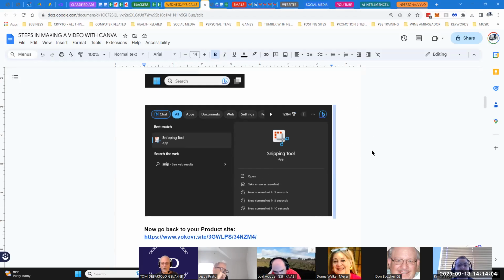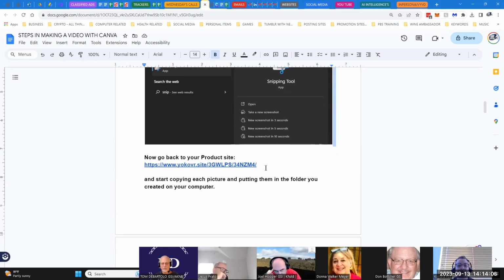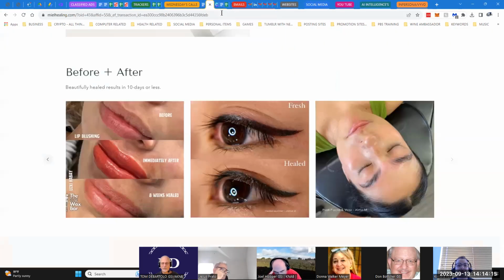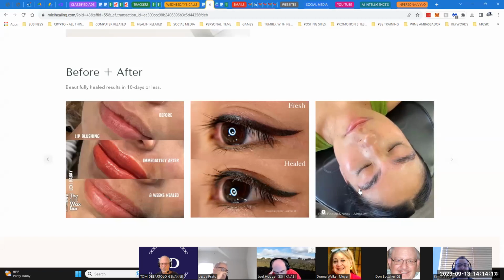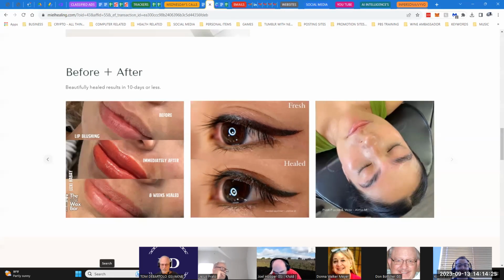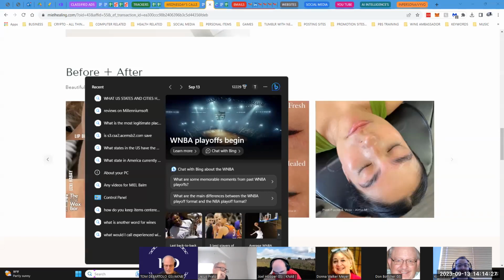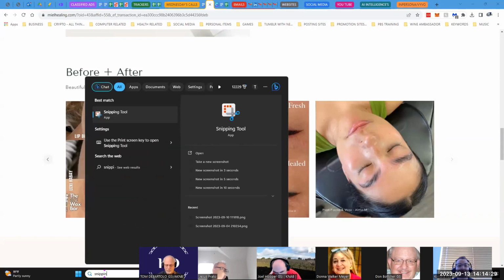So what you want to do is when you go back to your products, you start copying each picture and putting them in your folder. So if we go to here and we want to take a picture, let's say of this one on the far right, go down to your search bar, click on snipping, or snip. As soon as you start typing, it comes up.